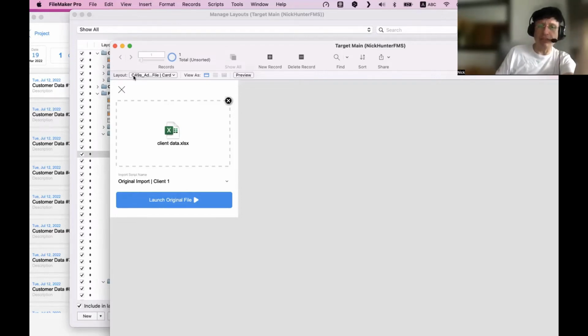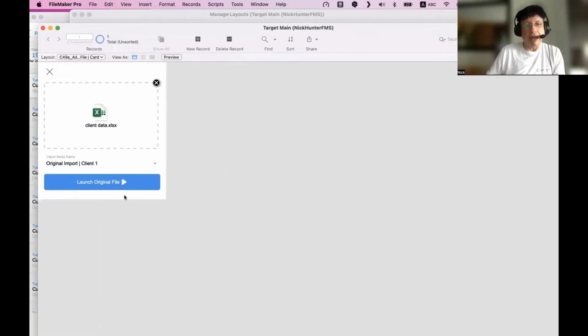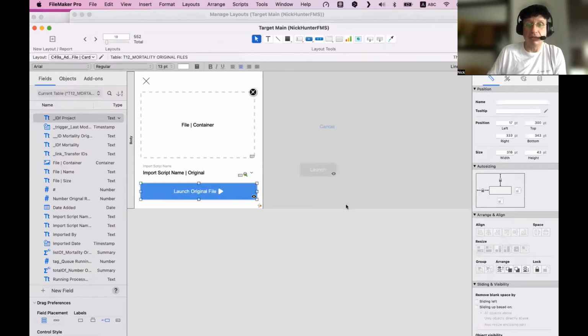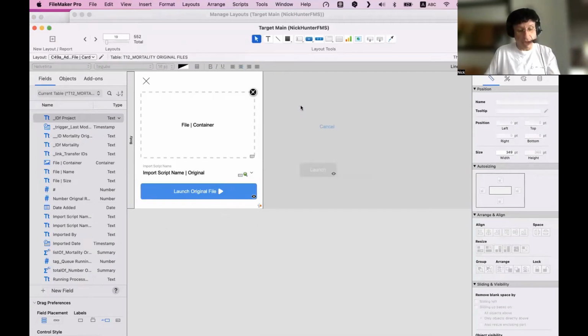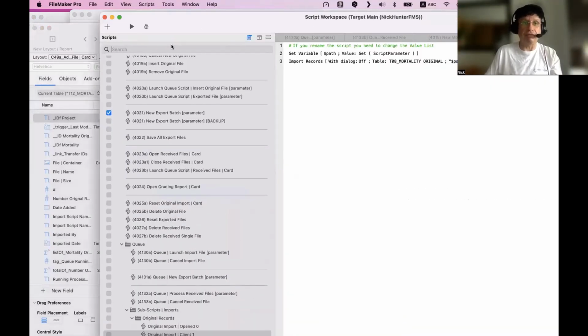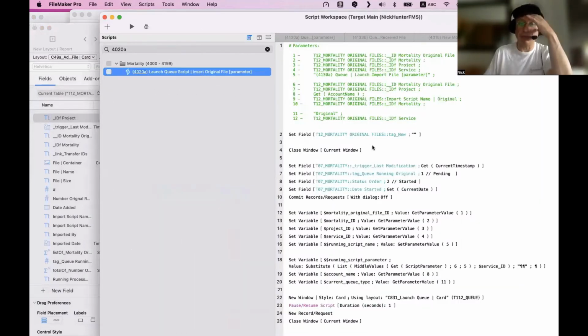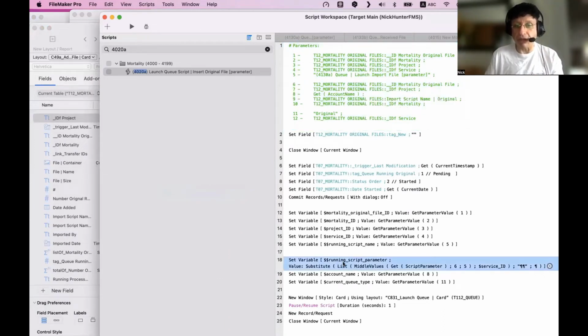So C49A, I know. Now you get the point, right? And now I want to know what this script is. The script here is the 4020A. I don't even know the name. I don't care. 4020A, and then boom, I have my script. Why? Because I want to make sure those are the blocks I'm sending as a running script parameter.